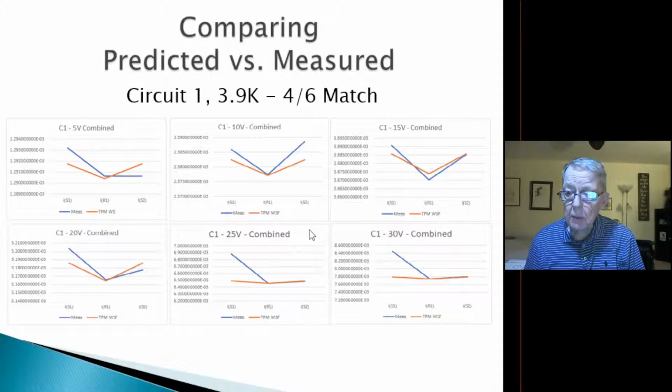Now, since my last report, I found that I actually did make some mistakes in my spreadsheets, and I went through them more thoroughly, fixed the problems, and now I'm telling you what the corrected waveforms are. But in general, they're very close, although they've got better. This is circuit 1 with 3.9K, and I'm claiming through a visual inspection that the blue, which is the measured value,